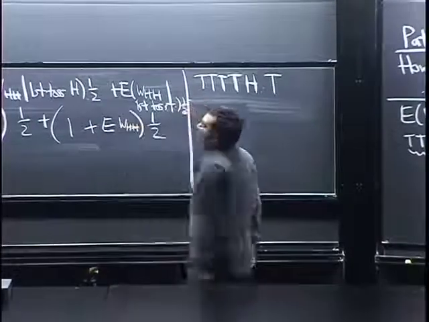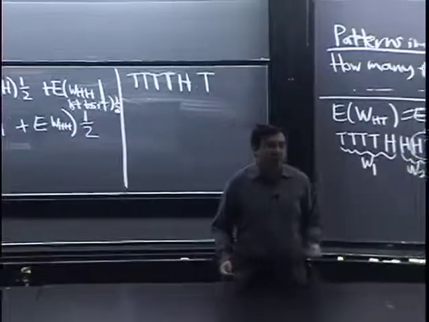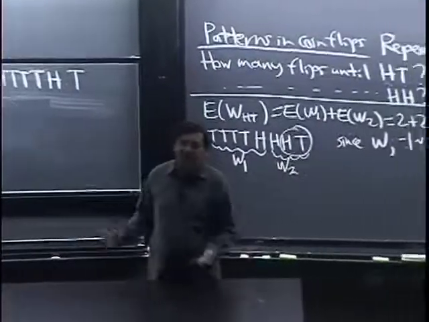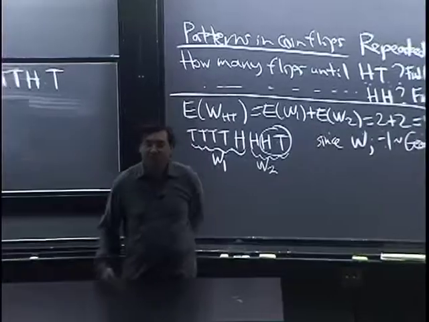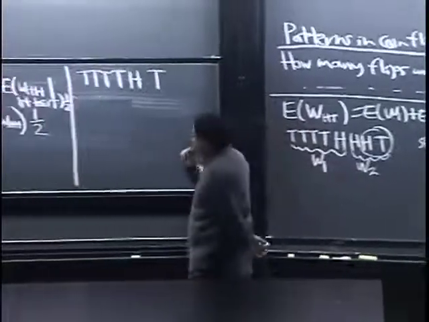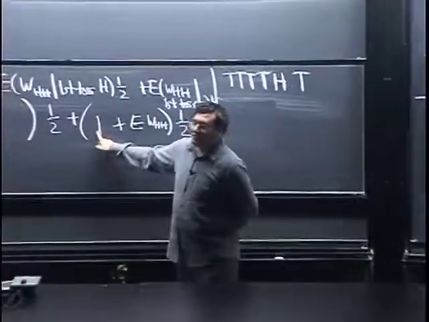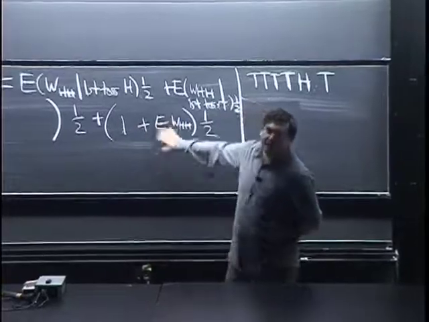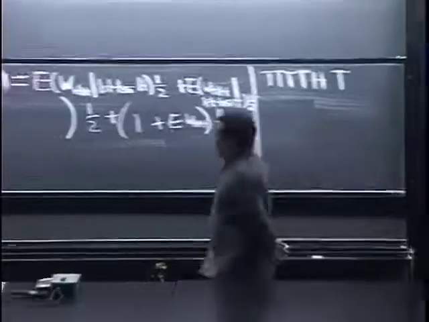We're going to try to solve for it in terms of itself, which sounds circular, but then we have an equation. We can just solve that equation for E of WHH. Okay, so that was the first toss, was a waste, and then it's the same problem again. Now for this first term,